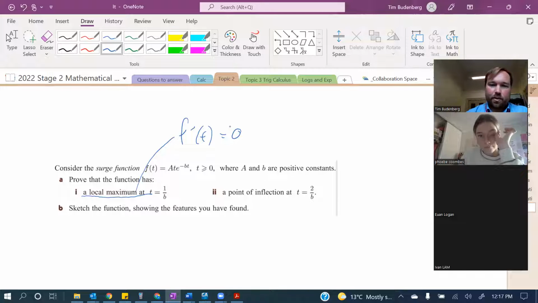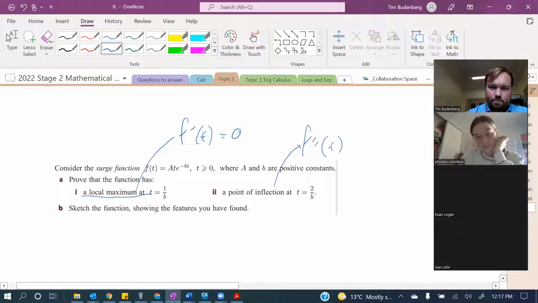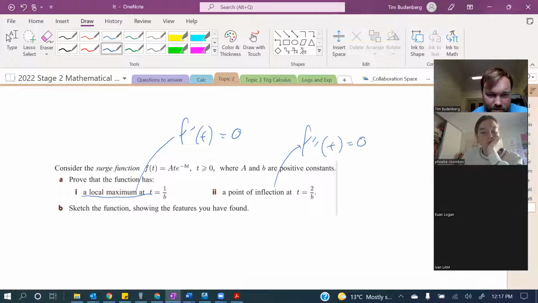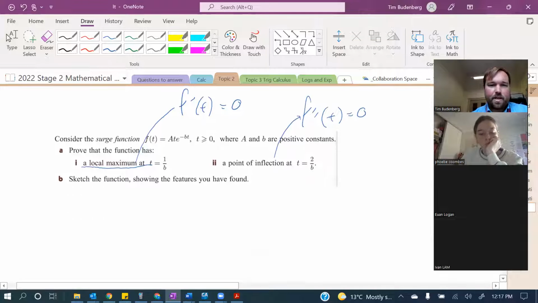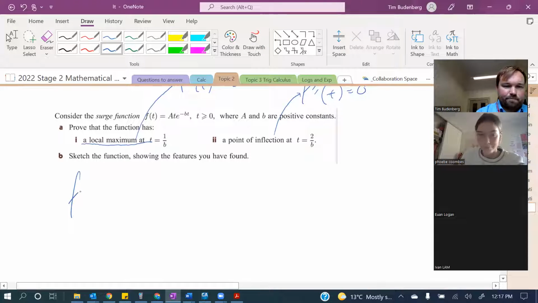And point 2 is looking at where the second derivative of f t is equal to 0. The point of inflection is where we're going from concave up to concave down, and that happens where the second derivative is equal to 0. So let's derive it. f t equals